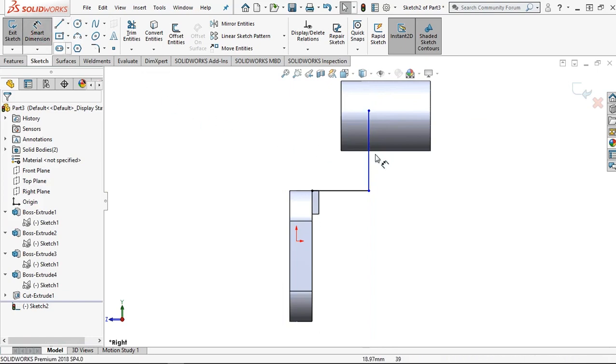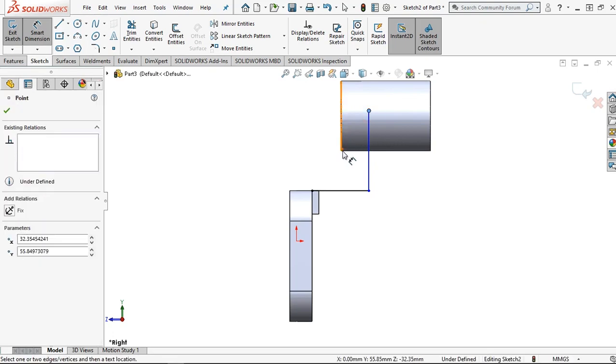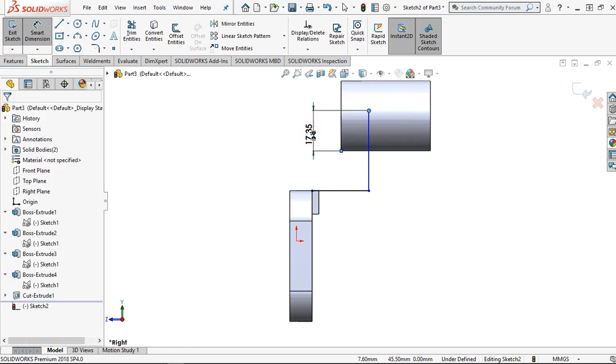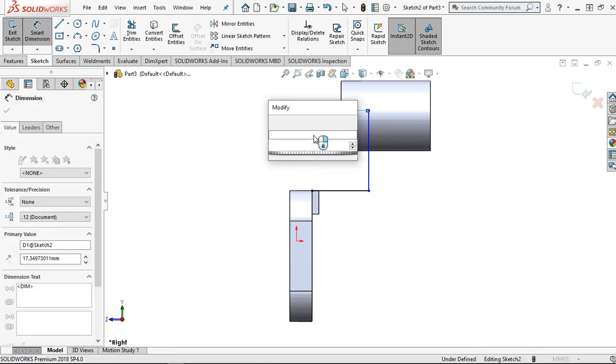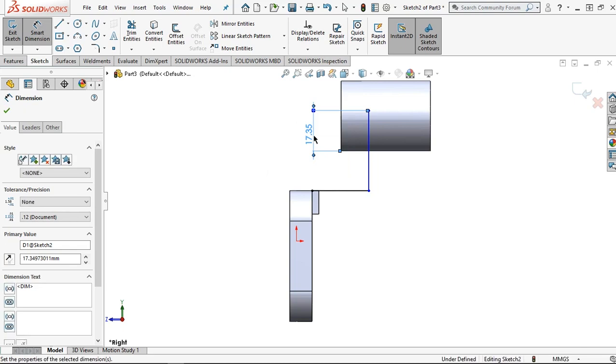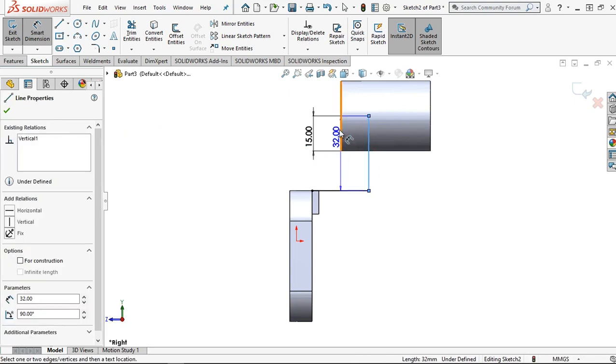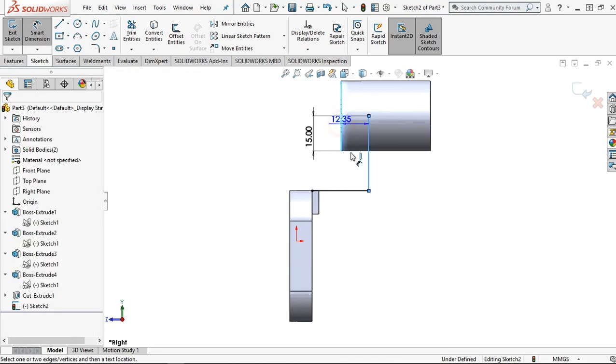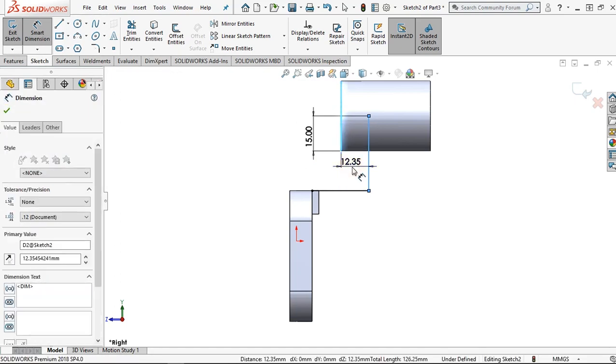Click the smart dimension. Set this distance to 15 millimeter. Then set this distance to these sides to 10 millimeter. Then OK.